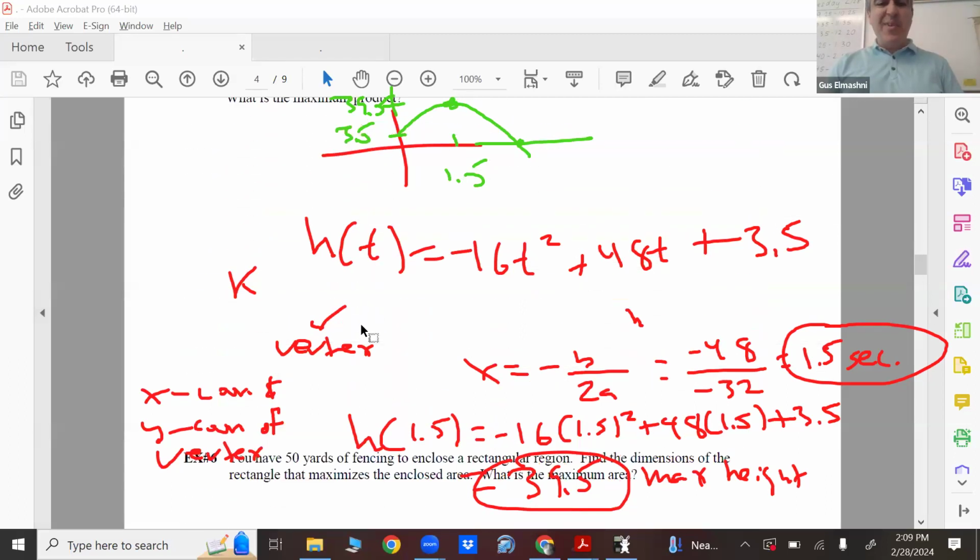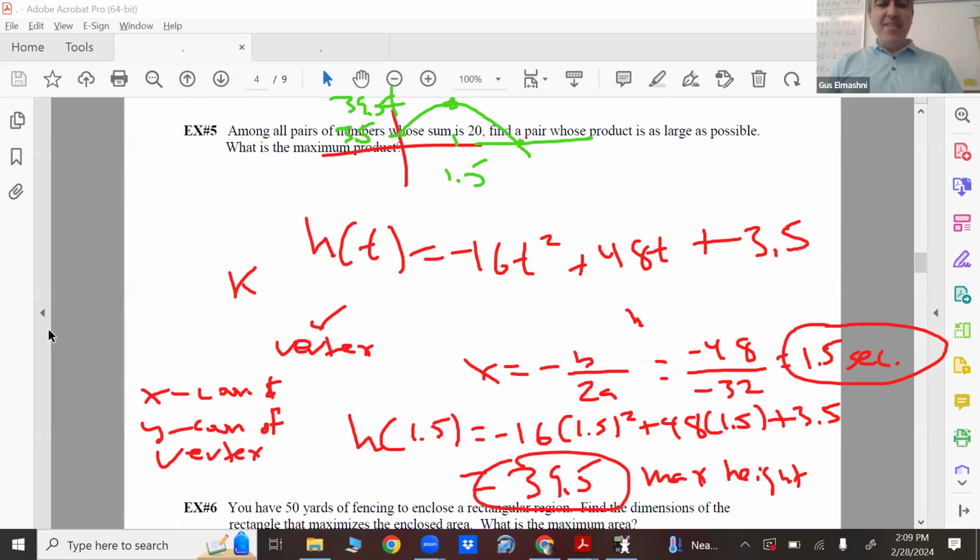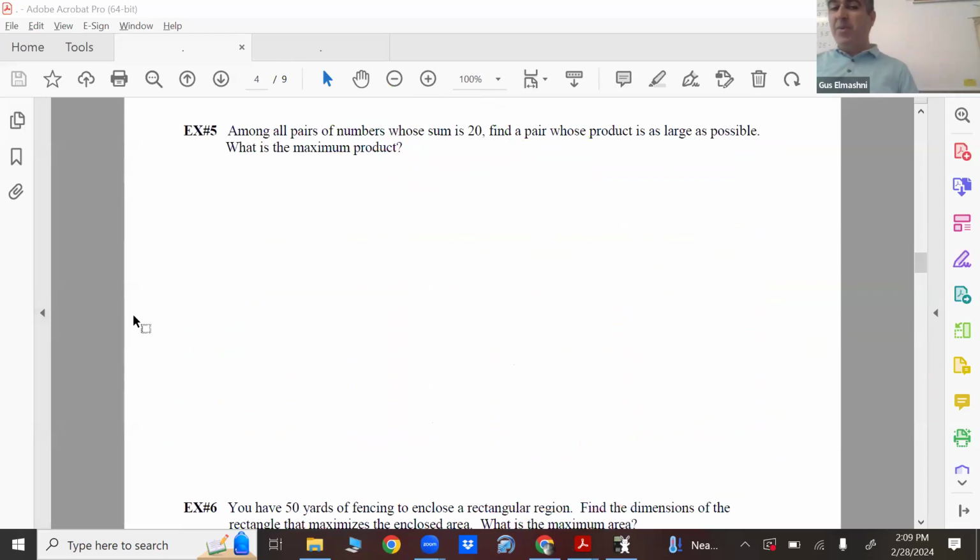Now these are a little strange. It's a little hard to visualize. Actually, you can't really visualize exam 5. But let's think about it analytically, and I think we'll be okay. Among all pairs of numbers whose sum is 20, find a pair whose product is as large as possible. What does product mean again? What do you do when you find a product? Multiply, right? So I'm going to think of the two numbers as x plus y